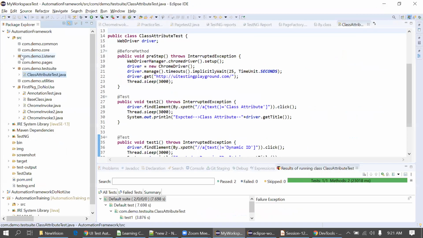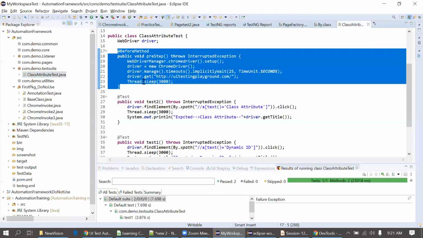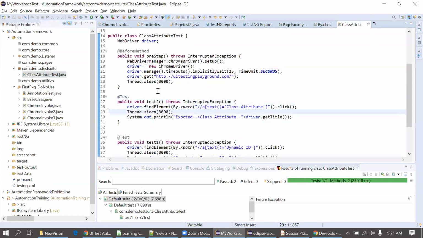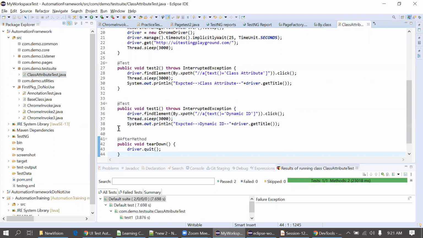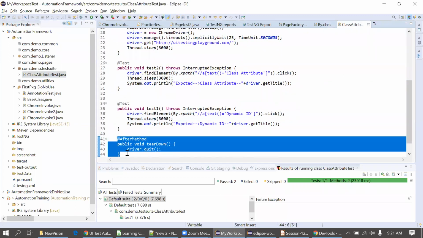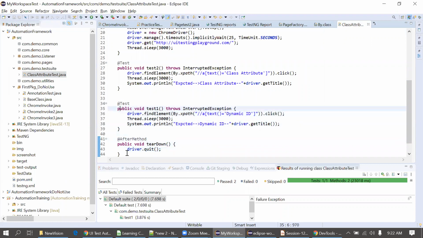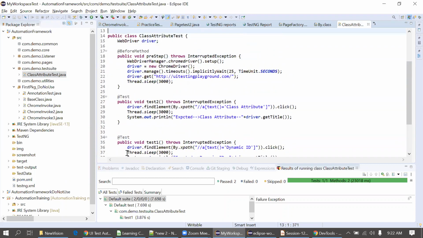For this I'm going to create another test file. There also I have to put this code: this before method, then this after method, repeatedly in every class. To avoid that, I'll tell you the solution tomorrow. Just think about how you can resolve this problem when you are using multiple classes.